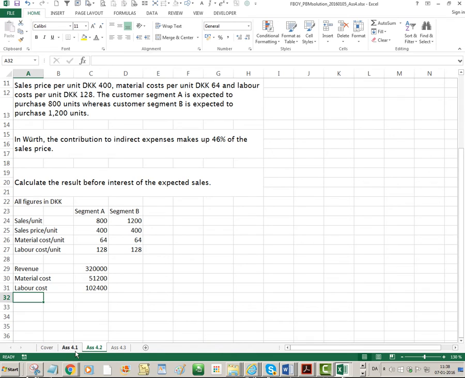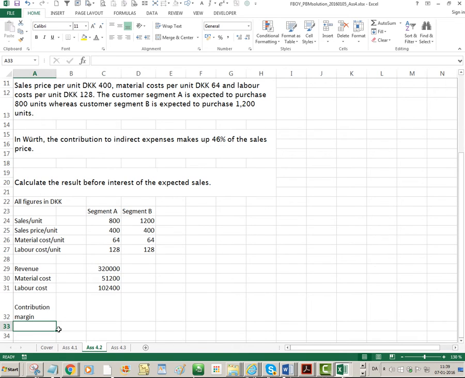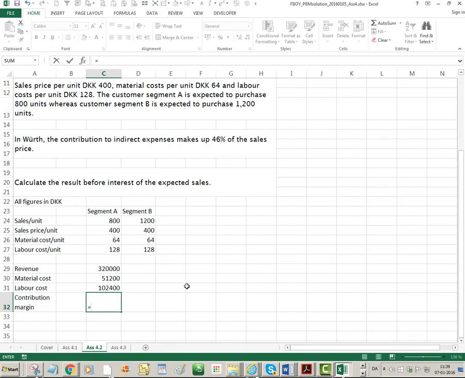So what will we have if we deduct the two? We will get a contribution margin. This is basically the two variable costs that we have taken out. So this looks a little bit better. Okay, so we would have this one minus that minus this one. Contribution margin is so much, and